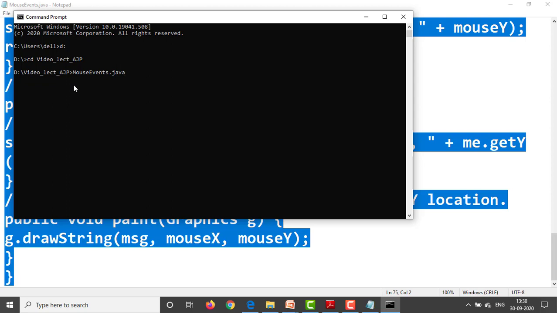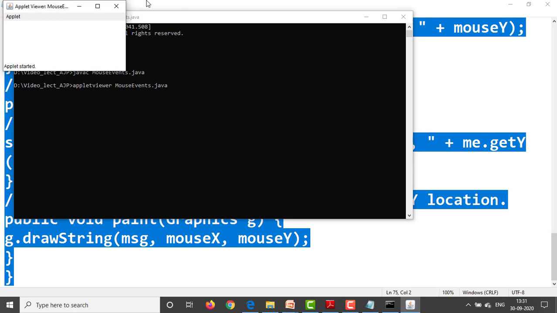Then compile this: javac MouseEvents.java. Here compilation is okay. Now execute this. We need to write appletviewer MouseEvents.java. Okay, this is our output.